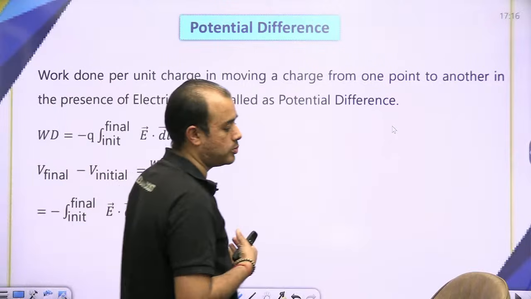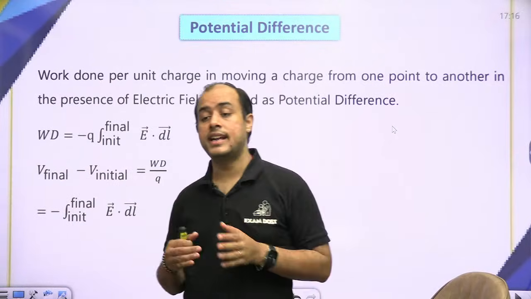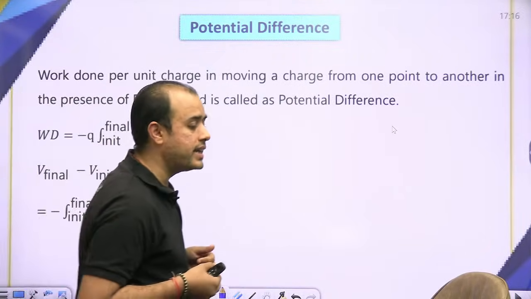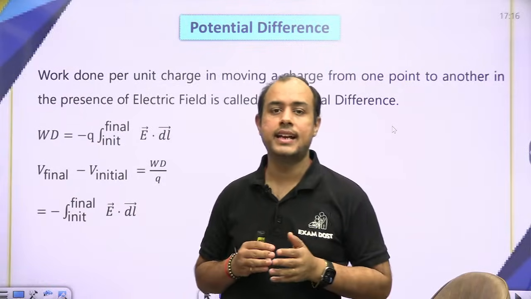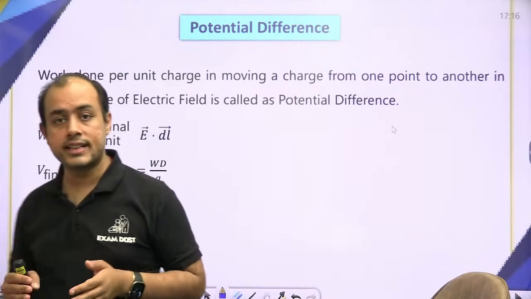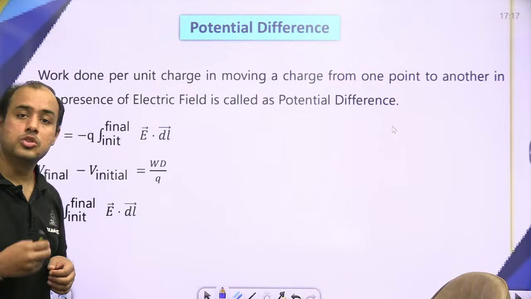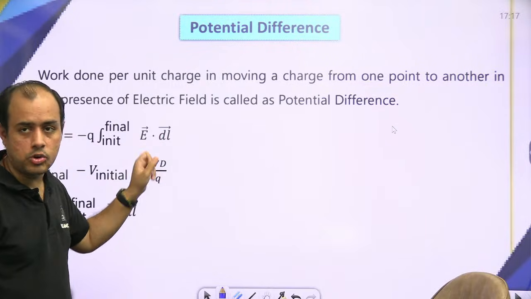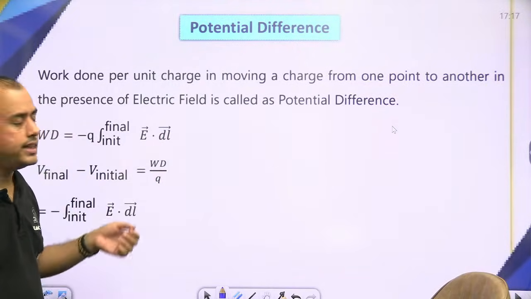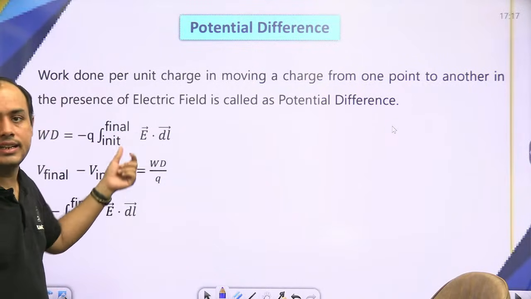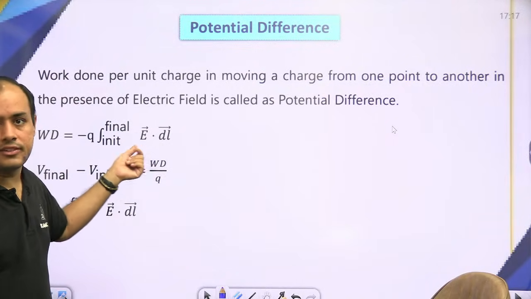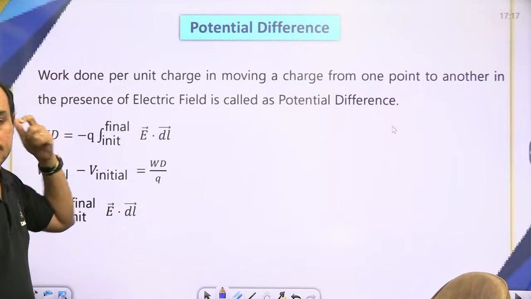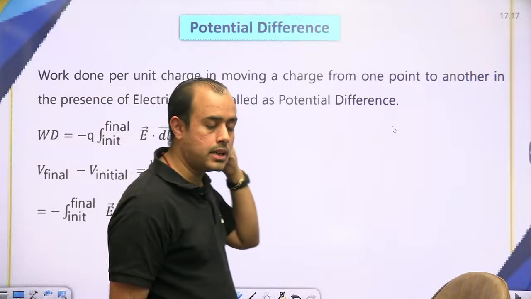माइनस साइन क्यों लगा रहा हूं बेटा? क्योंकि अगर इलेक्ट्रिक फील्ड के डायरेक्शन में चार्ज गया तो वो उसका नेचुरल मोशन है, तो वहां मेरे को मेहनत नहीं करनी पड़ी, तो मेरा वर्क डन नेगेटिव आया। इलेक्ट्रिक फील्ड से अपोजिट ले जाने के लिए मुझे मेहनत करनी पड़ती है, तो मेरा वर्क डन पॉजिटिव आना चाहिए। माने इलेक्ट्रिक फील्ड और डिस्प्लेसमेंट अपोजिट होंगे तब वर्क डन पॉजिटिव आना चाहिए, पैरेलल होंगे तो नेगेटिव आना चाहिए। तो डॉट प्रोडक्ट पैरेलल के लिए पॉजिटिव आएगा तो वर्क डन नेगेटिव, डॉट प्रोडक्ट अपोजिट के लिए नेगेटिव आएगा तो वर्क डन पॉजिटिव।